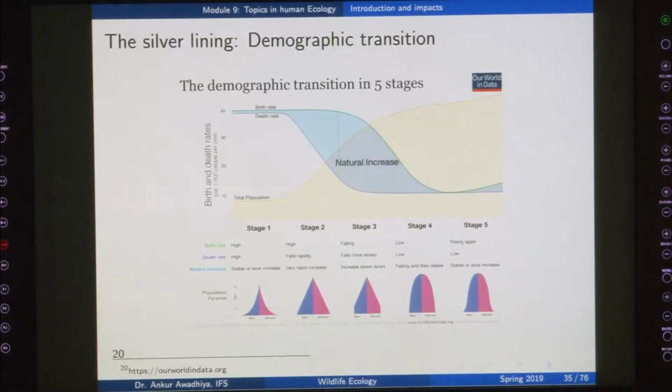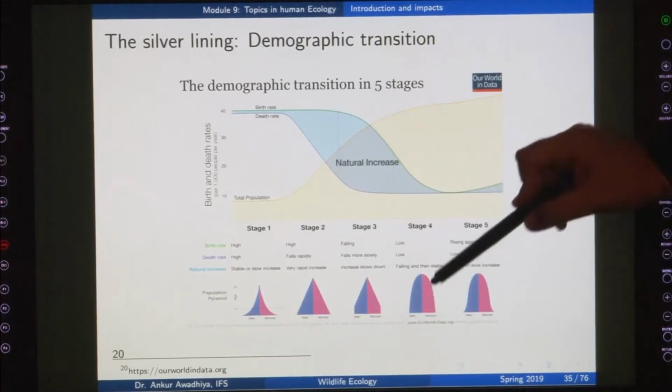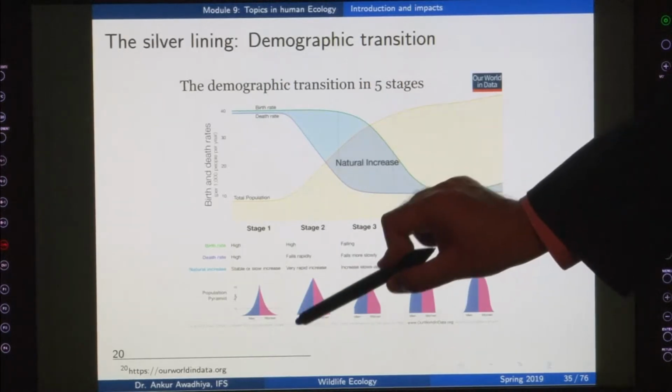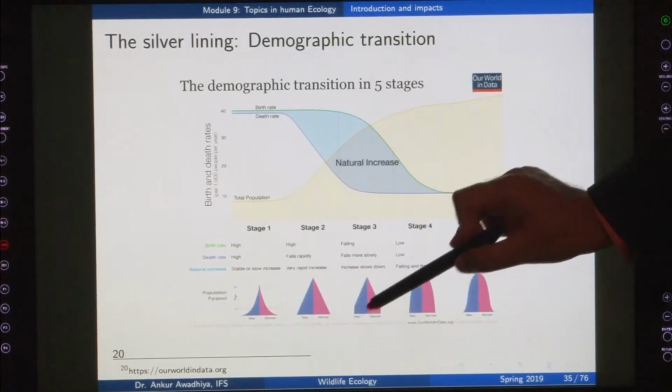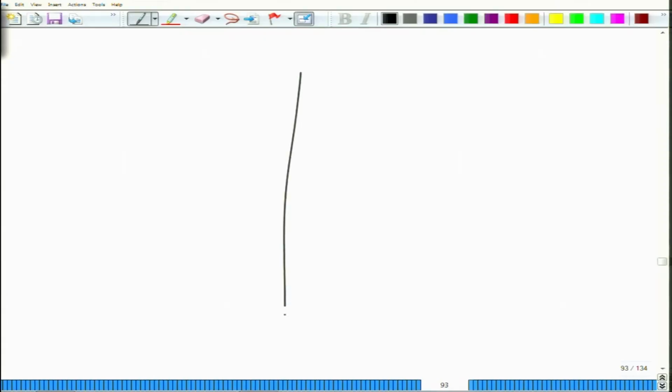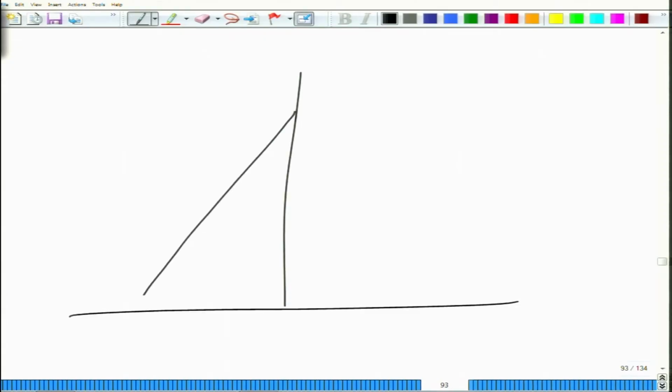Now, there is a stage in which your birth rate also starts to slow down. Earlier we had this large taper, now the taper will start to reduce. So, that is the third stage. In the third stage, in place of having the curve that was looking like this, now the society is trying to reduce the number of children that it is having. So, probably in place of having a steep slope like this, it will look like this,